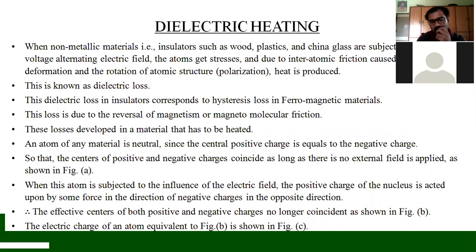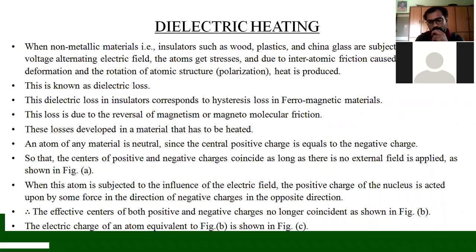Here in dielectric heating, we are not going to have any classifications. Earlier, each and every heating method had sub-classifications, direct and indirect methods, but for dielectric heating we are not going to use any sub-classifications. So what is meant by a dielectric? The name indicates two electrodes, two electric plates. We are going to use two plates to heat up the charge.